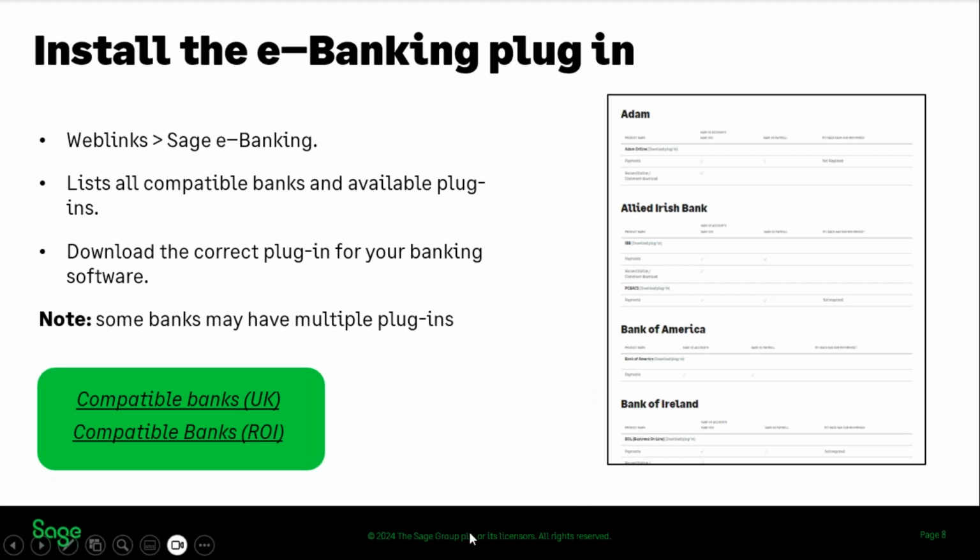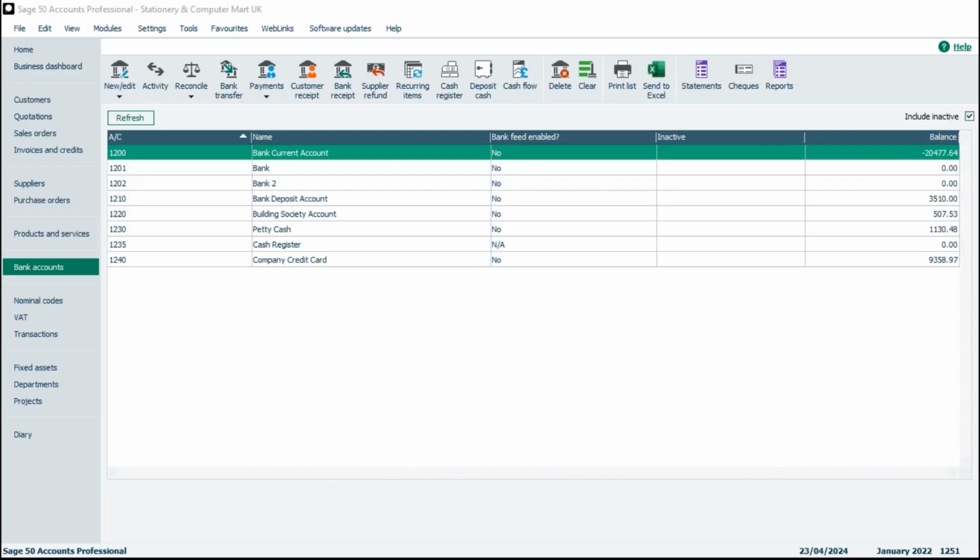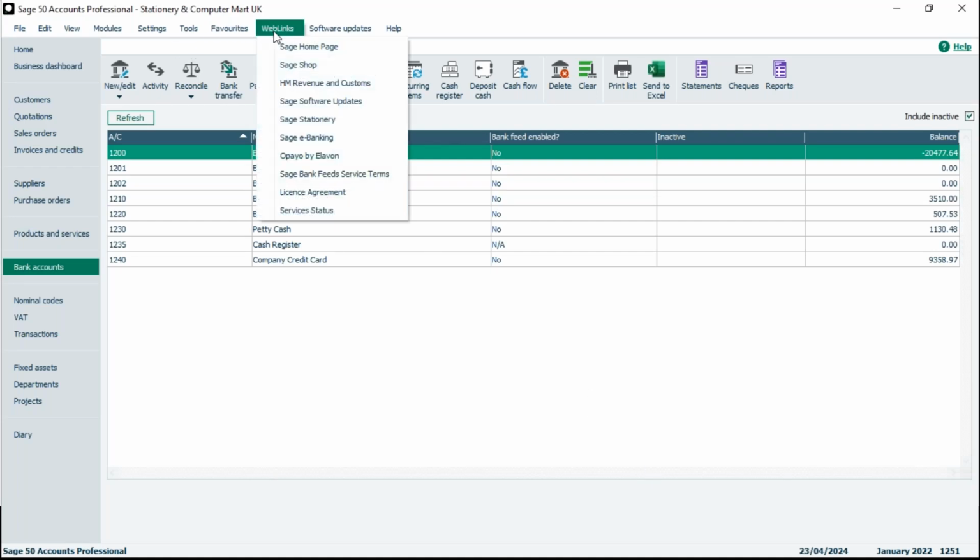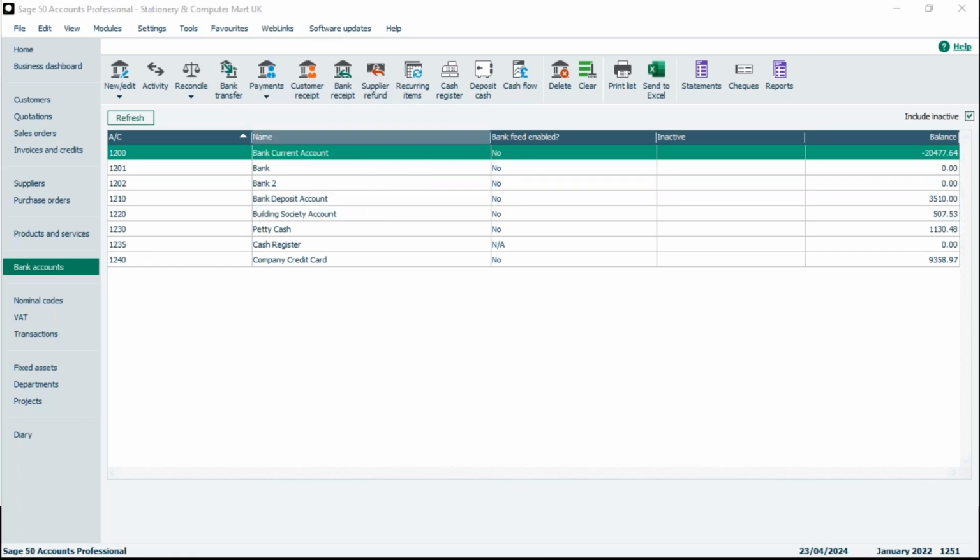Okay, so let's pop back to the demonstration data. To find the plugin, you can go to web links at the top, and in here we've got the option for Sage e-banking. Now when we load this page, which is just opened on another screen, so I'm going